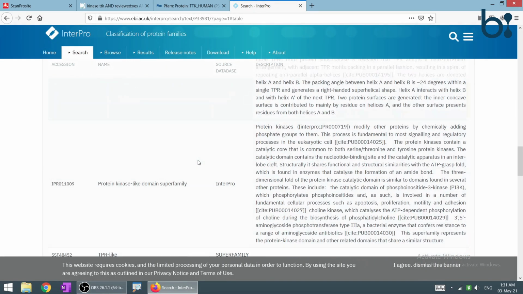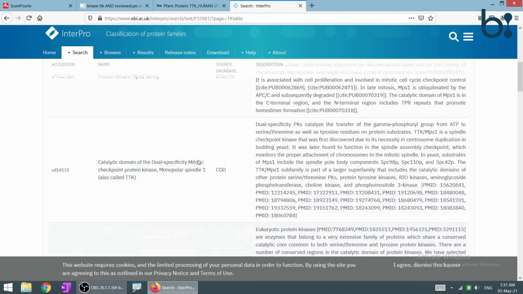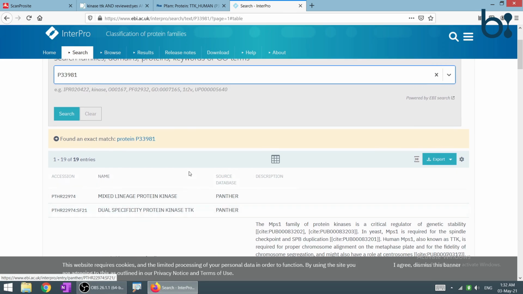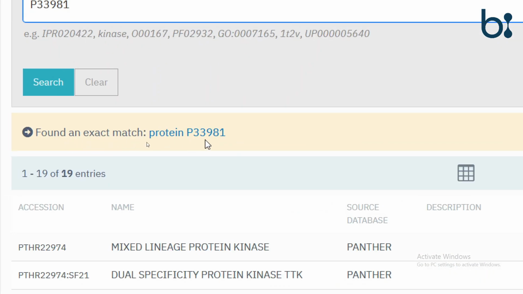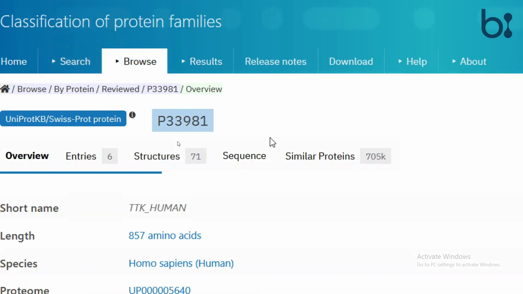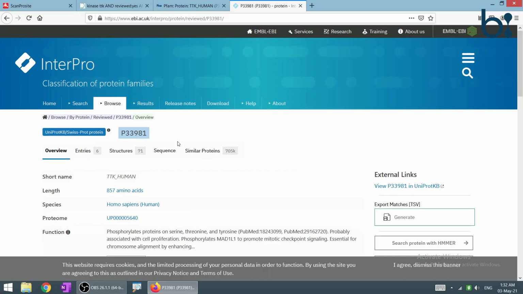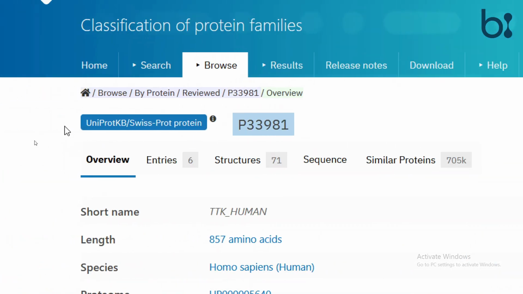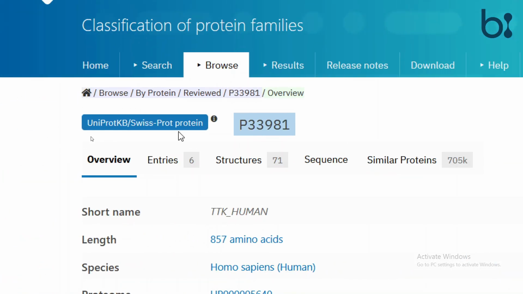These are the information about the protein, about all the IDs. Here it is given that it found an exact match. So we will click on this protein, and we see that it is from the UniProtKB.